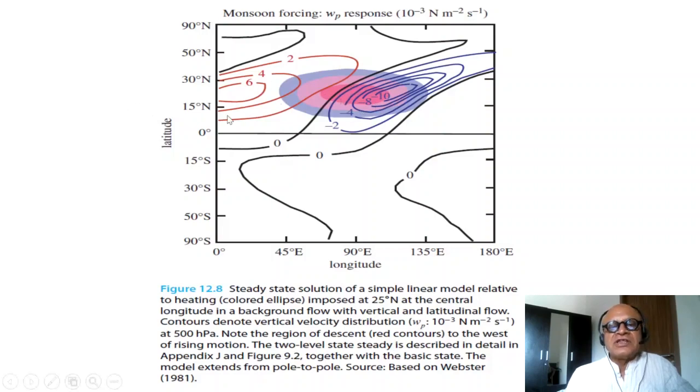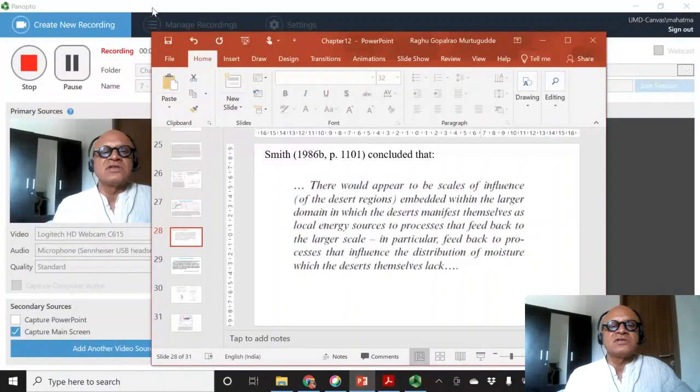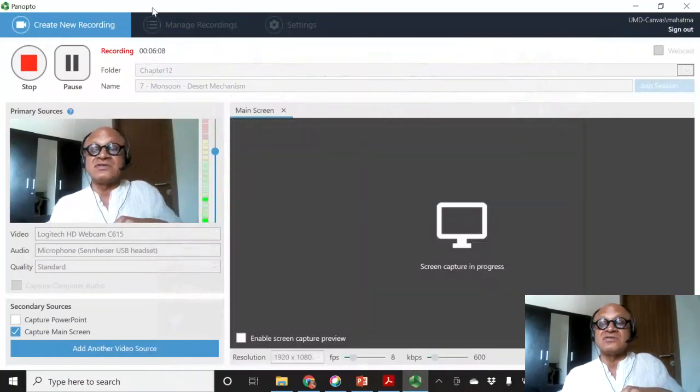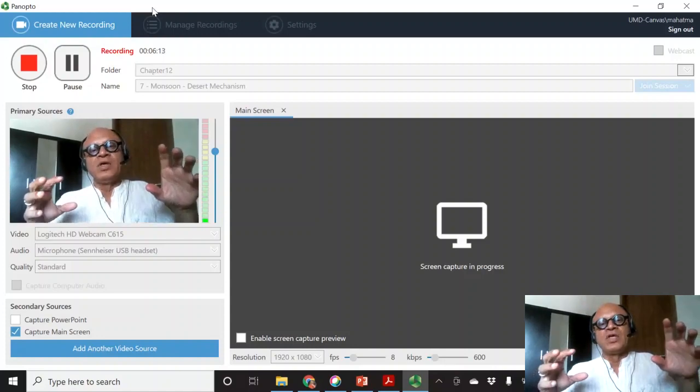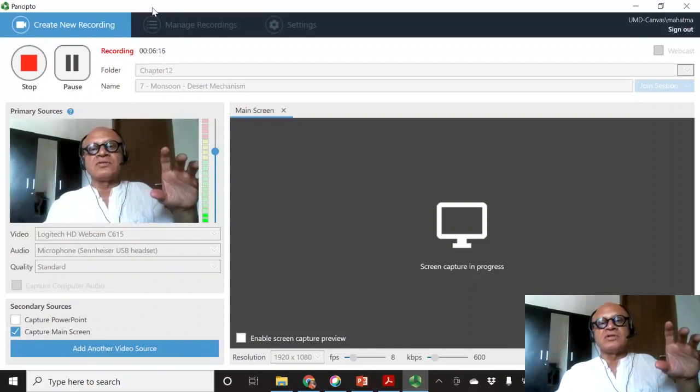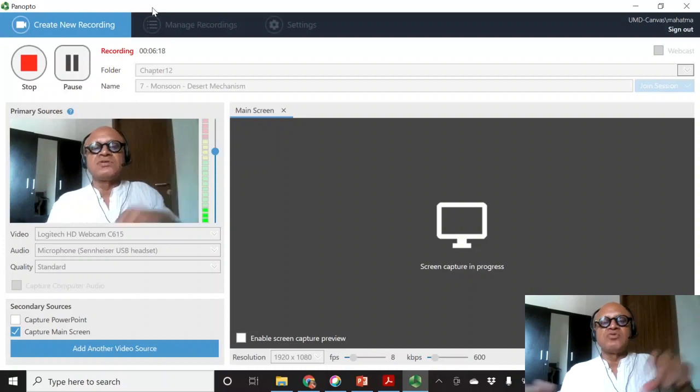So Charney's idea was somewhat incomplete. The radiation balance and the net radiative losses are important, and they do create some kind of feedback, albedo feedback, but the contribution of the monsoon itself is also critical for enhancing this subsidence over the deserts and maintaining the deserts. Okay, obviously this doesn't explain why we don't have monsoon in other subtropical land regions, and we'll see that